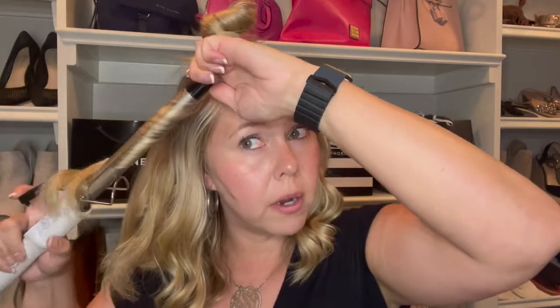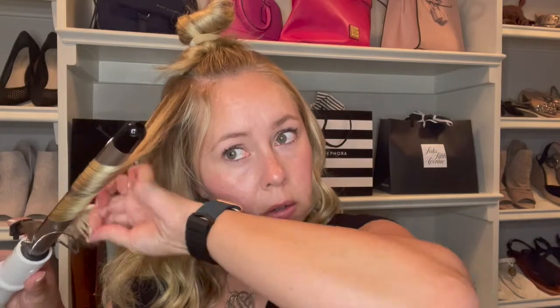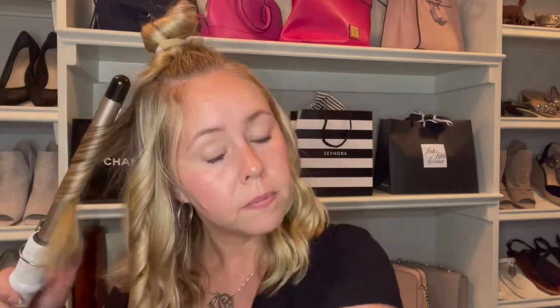I've always had this little baby hair piece in my hair. Ever since I can remember, it's been there. It doesn't grow, it's just this baby piece. And so then I'm going to grab the next section and curl it. And then